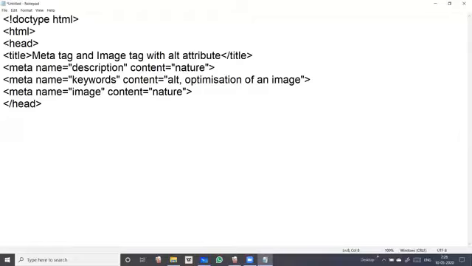So now we'll begin with the body tag, the main page after HTML, because we have all the content here only.